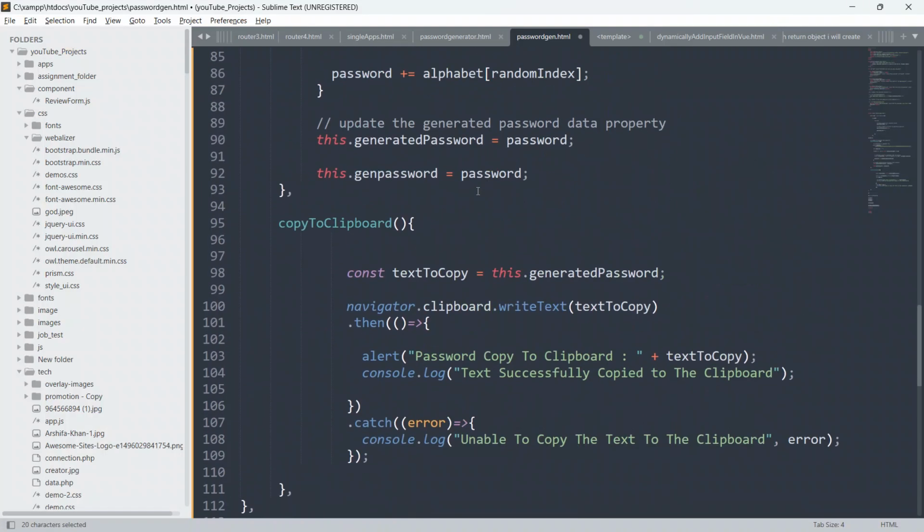So guys, here in this function copyToClipboard, we are creating a variable textToCopy, and we are saying this.generatedPassword, this password.